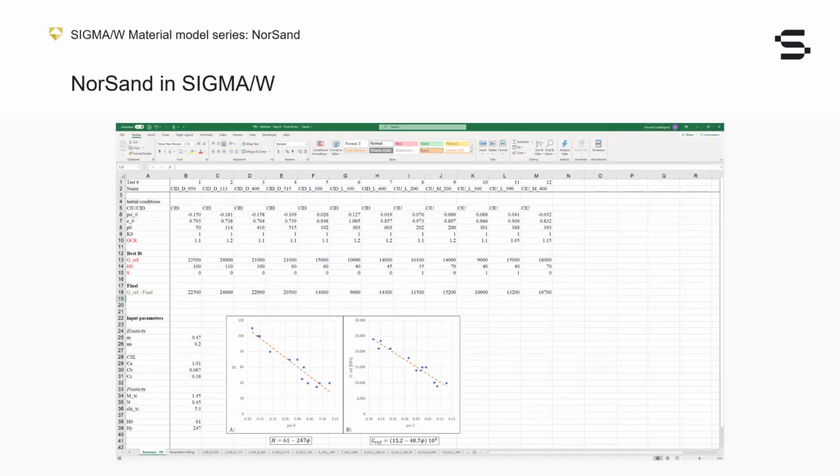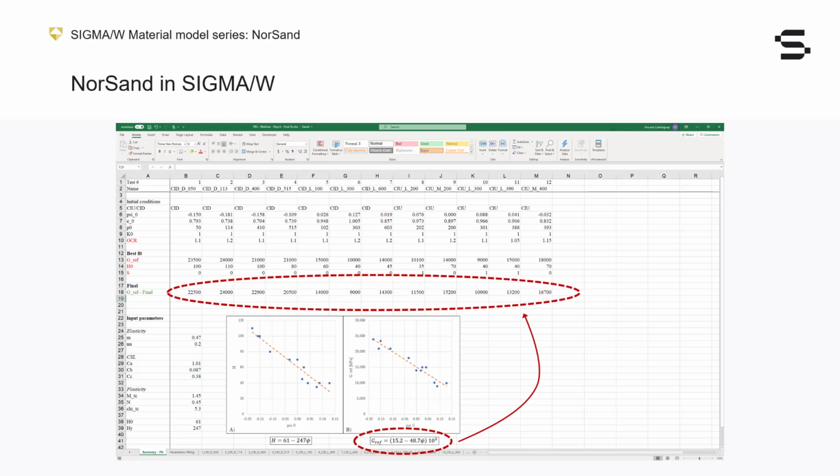Let us take a final look at the Excel summary worksheet. Now that I have defined state-dependent relationships for both moduli, I can record the chosen H0 and Hy values. I can then use the elastic shear modulus relationship to calculate the generalized shear modulus at reference pressure for each test. This allows me to finally define a complete NorSand model that is almost entirely dependent on the initial state